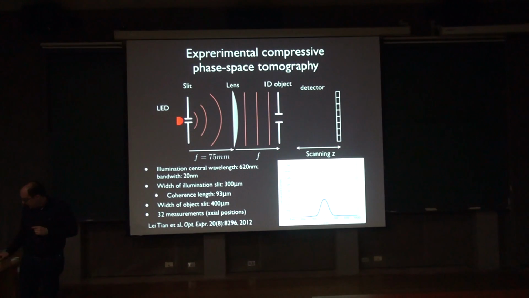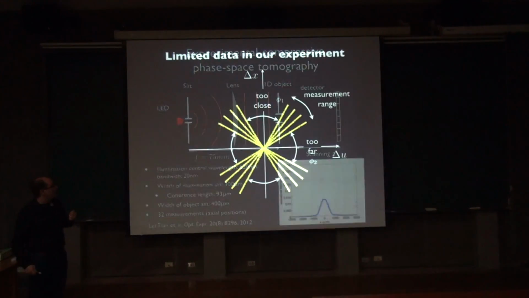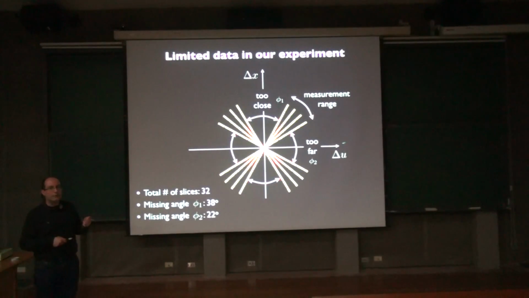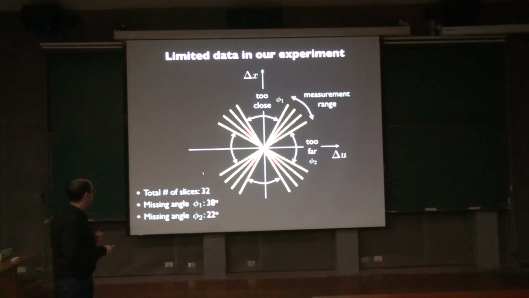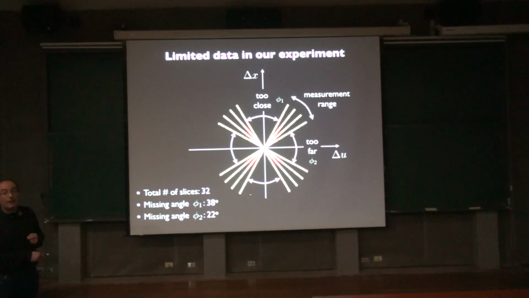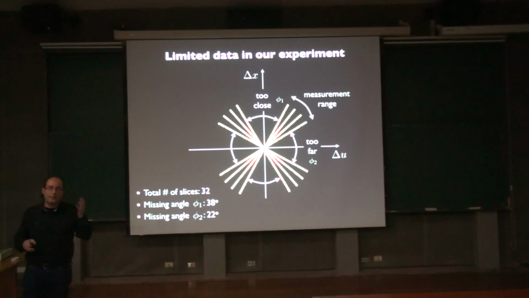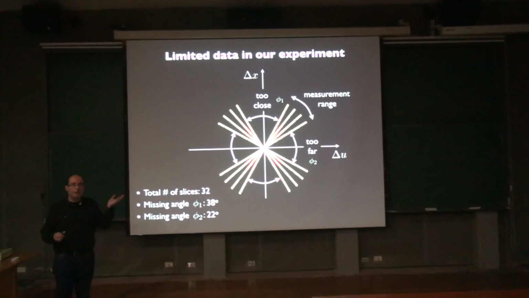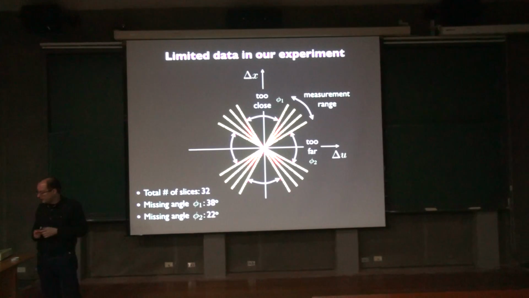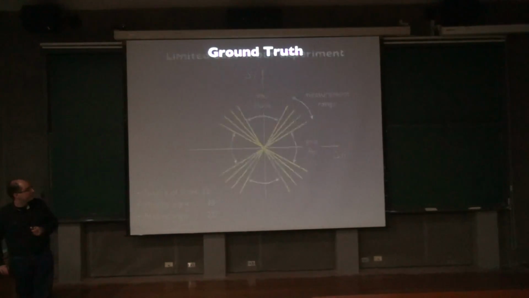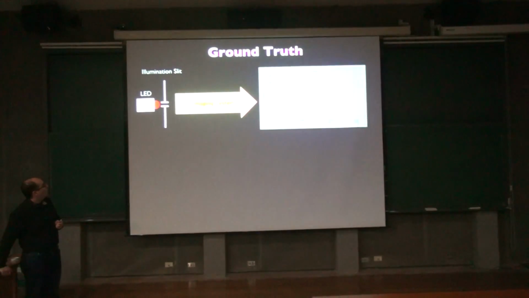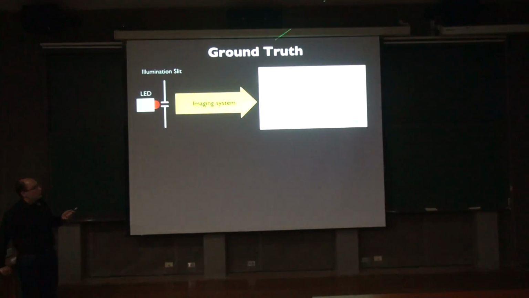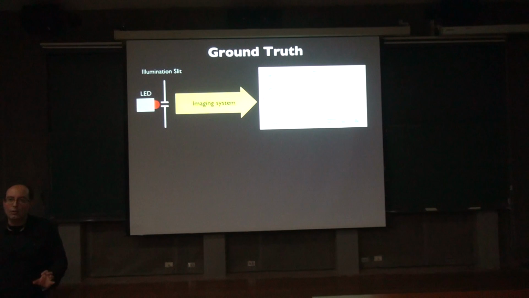To put it in context with the previous one, this is the structure of the ambiguity space in our particular experiment, and you can see that we're missing a pretty big part of it. 38 plus 22 degrees, 60 degrees, whatever it is, I think we're missing about 2/3 or 3/4 of it, something like that. First of all, this experiment was very carefully calibrated because we wanted to know if what we're recovering is correct. So we used the approach